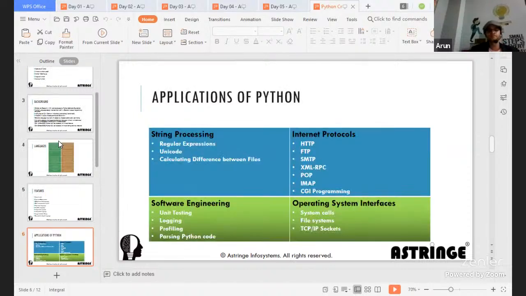Applications of Python. As I said earlier, Python could be used in various varieties. It could be used for string processing, internet protocols, web development, pure software engineering concepts, or even for operating system interfaces, albeit with some limitations. String processing is where it is most highly used as of today, I must say. Regular expressions could be used in Unicode, and for calculating differences between files, and a lot of other places where Python is used, particularly in the string processing field, and it is going to be continuously